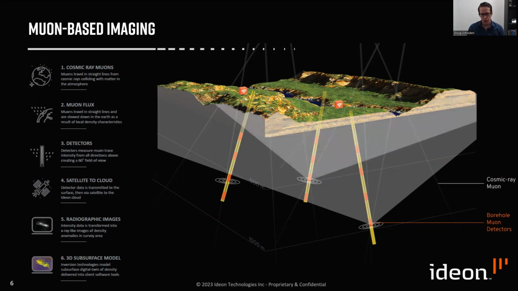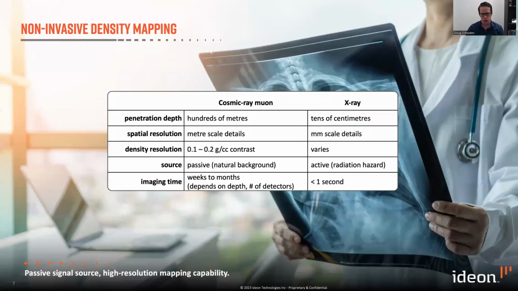So by combining multiple detectors, each with its own field of view, we can use triangulation or tomography to essentially develop a 3D density model of the subsurface, which has great applications for mineral exploration and resource delineation, to name a few. So I started with an analogy between X-rays and cosmic rays and their use for mapping internal density of structures. Muons are very similar to X-rays in the sense that they're both an attenuation-based technique, but there's some